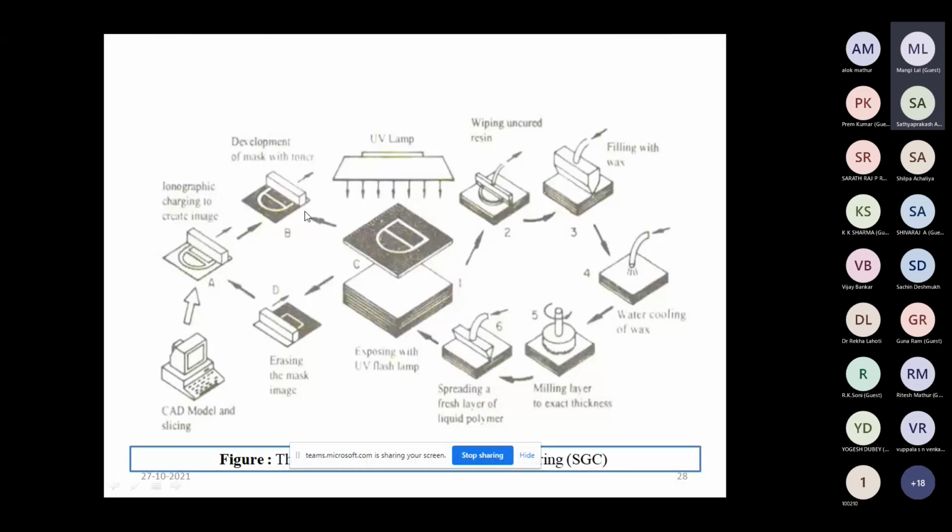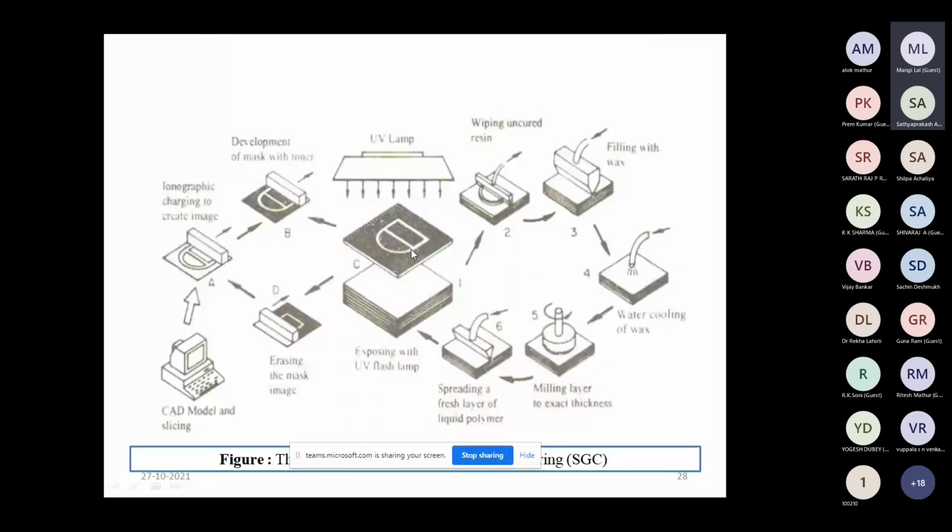So this area remains a transparent section, so that the UV light is passed through this transparent section, and the negative image is formed onto the surface polymer.